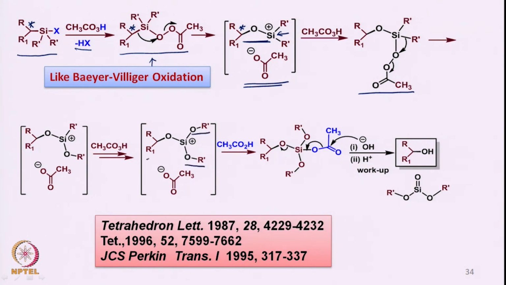So we have one OR group which is derived from the alcohol, and then 2 OR primes from the silicon substituents, and then the acetic acid attacks onto this silicon substrate, and we get this particular product as